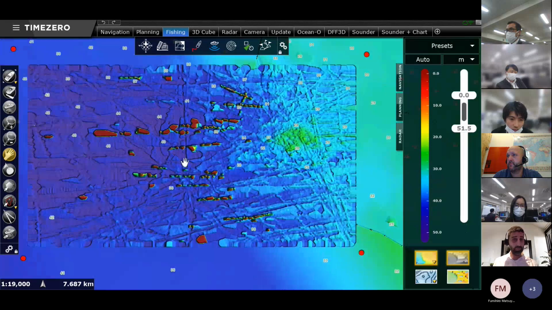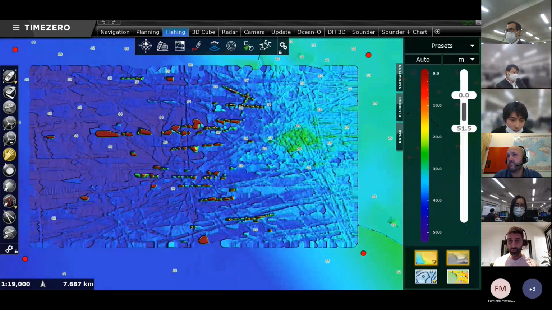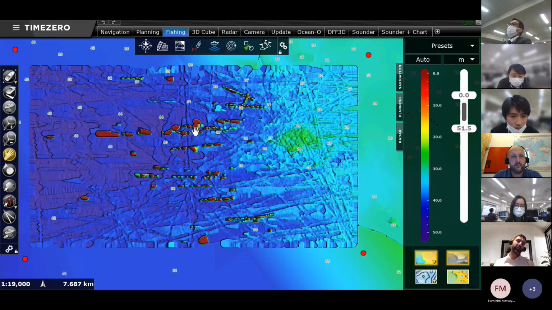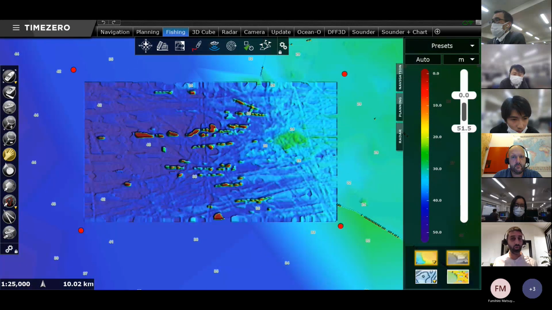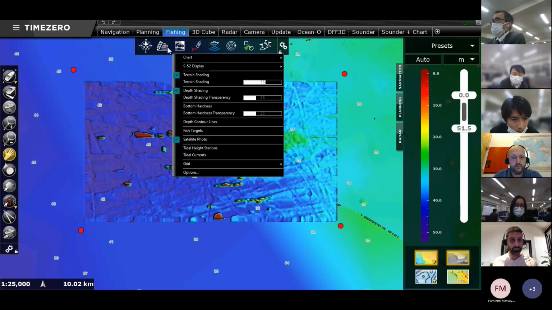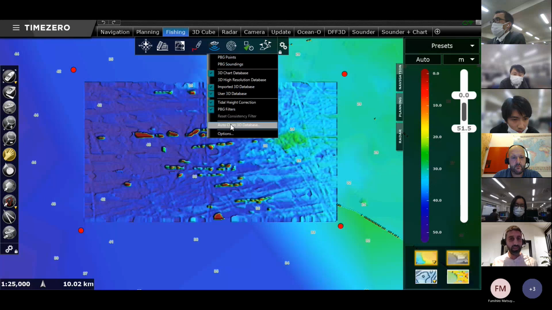One way to see that is that I am in an automatic scale. Normally I should see on my screen colors from red to blue, but I should also see some yellow, some orange, some green. But because I have these red dots here, my color palette doesn't look really nice. So we have designed a tool called AutoClean, and that will allow you to clean your 3D database.